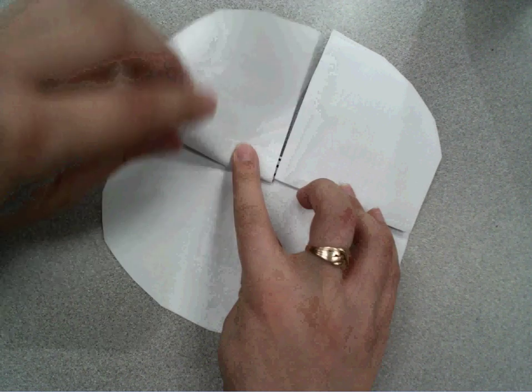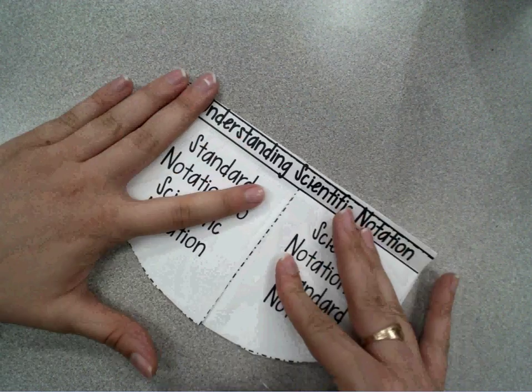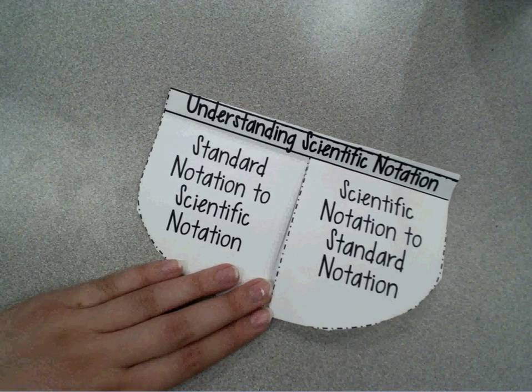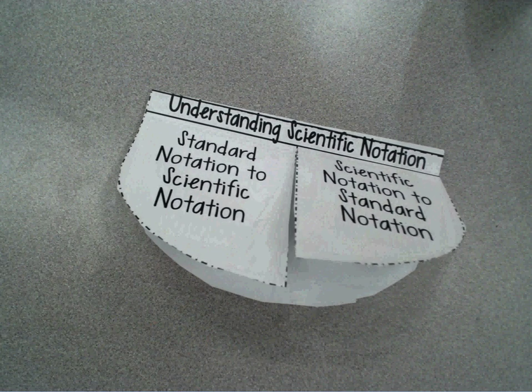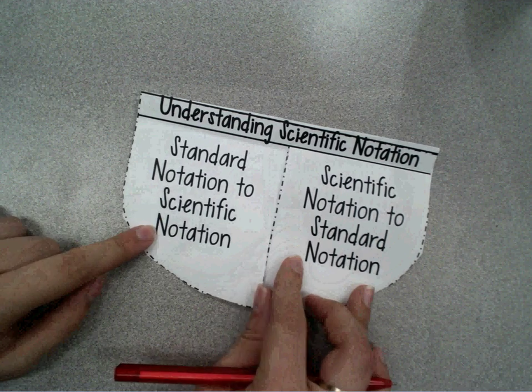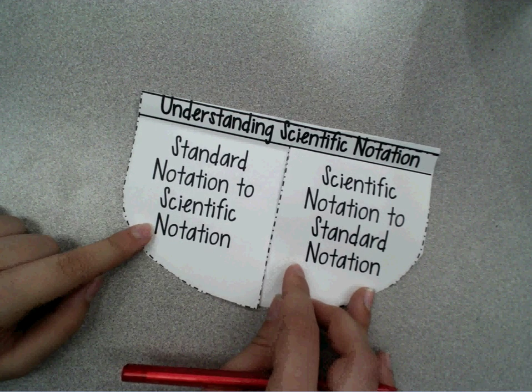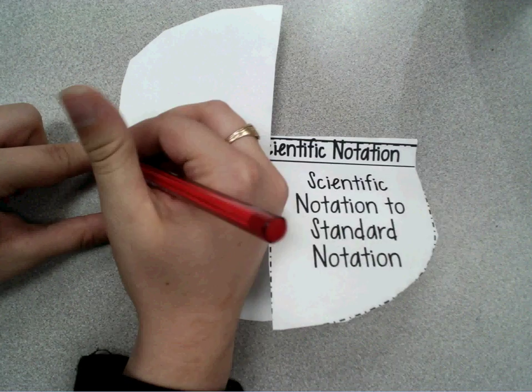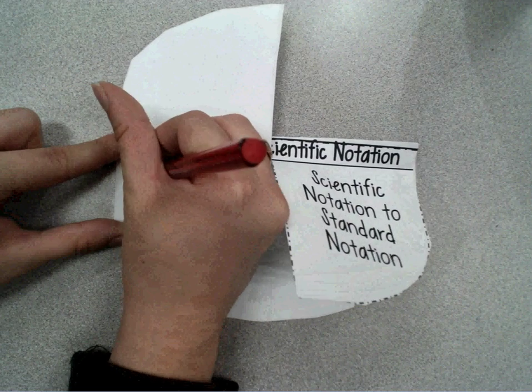All right, so now looking at this, this is just to remind us how we go from scientific notation to standard form, and then back the other way. So if we look at the first one, it says standard notation to scientific notation. This is what we looked at today. So to do that, what we want to do is move